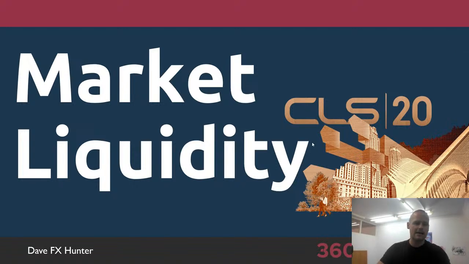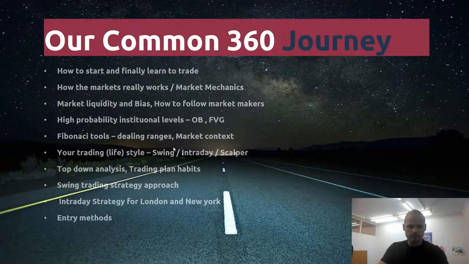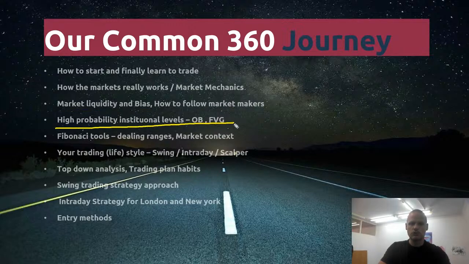It's going to be about market liquidity. There are not going to be too many presentations, but we will look at the charts, because these are important things to understand. We already had 2 educational webinars. Now we are in webinar number 3, which is about market liquidity bias and how to follow market makers. Next week, we will look for the high probability institutional levels, and slowly we will be putting it all together. So I think that in 1 or 2 months, you will be able to trade.